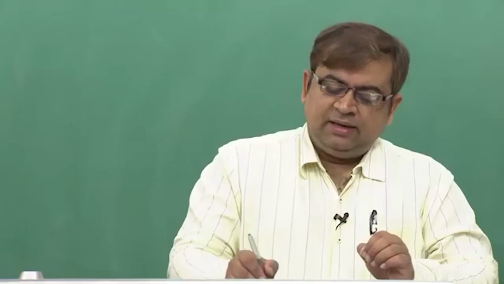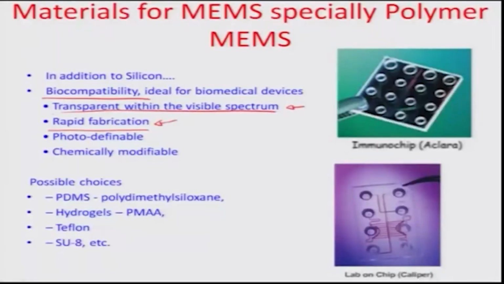It should be rapidly fabricated and photo definable. Obviously the rapidity and photo definability are more or less synonymous with each other. If you can photo define it, and photo define many at the same time, the fabrication technique becomes very rapid. You have chemical modifiability, which is one of the other criteria for choosing such materials,